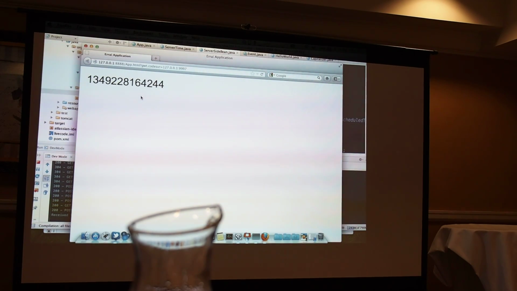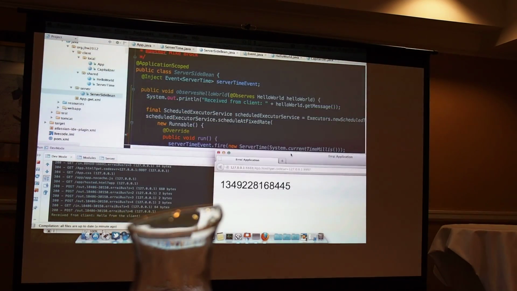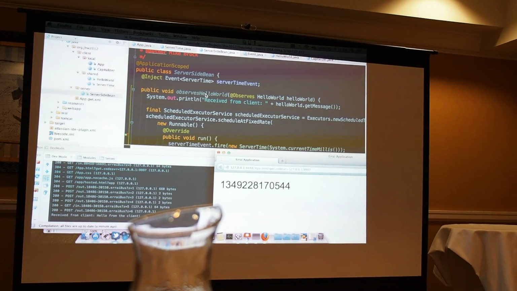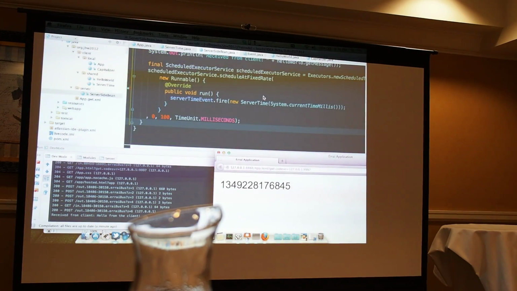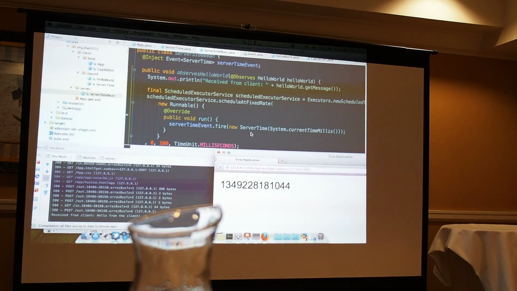But now these events are being observed from the server and fired from the server using standard CDI. You can see that I injected this standard CDI event handler here, and I'm firing it from this executor service, which got kind of wired up and triggered by the initial